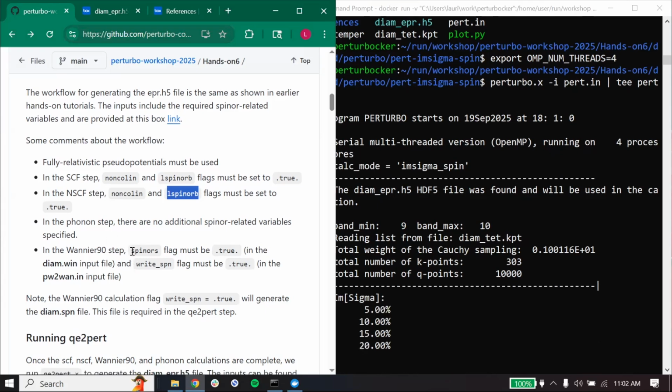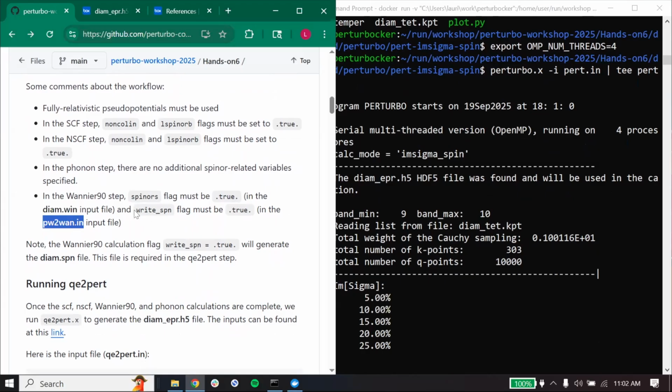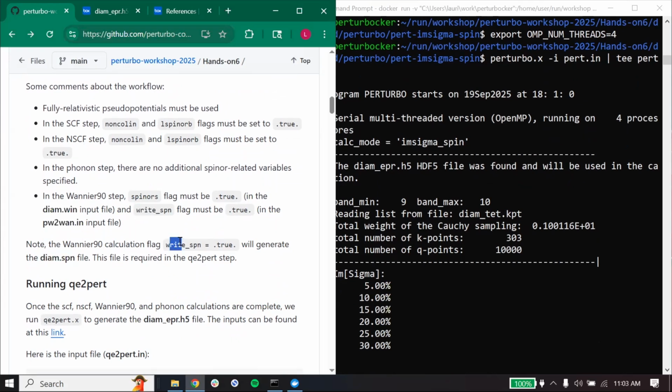In the Wannier90 step, there's a flag called spinors that needs to be set to true, in the .win input file, and in your pw_1 input file, there's a write spin flag. This is a very important flag. It outputs a .spin file, and we need this as an input for our QE to PERT step. So after specifying all these flags and having this additional file,